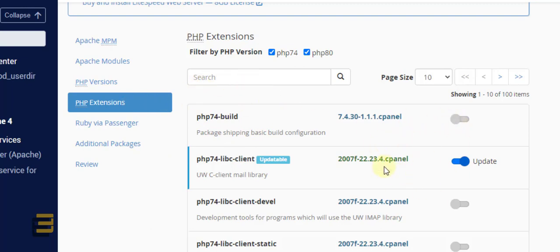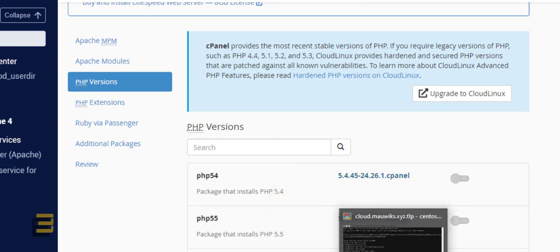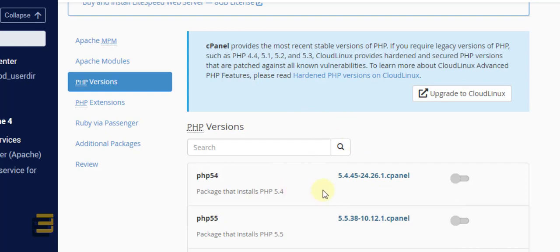This is only for installation purposes, to install the extensions and PHP versions, if I'm not mistaken. But there's also a way you can install it through SSH, but this is an easier